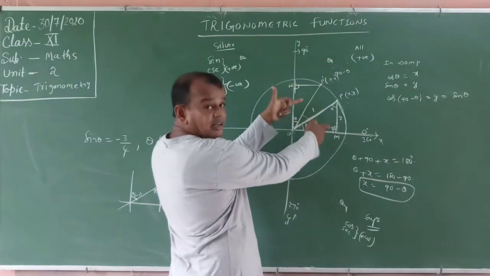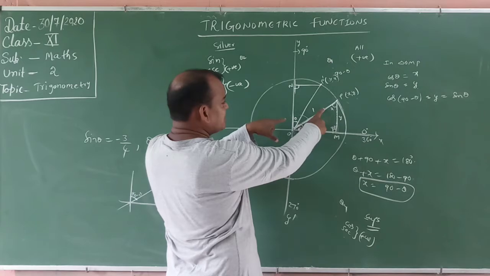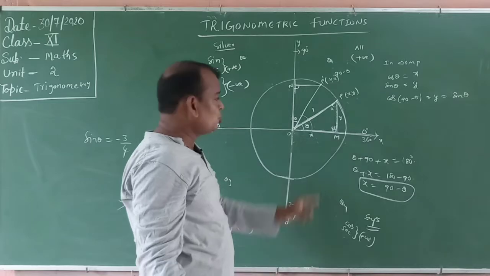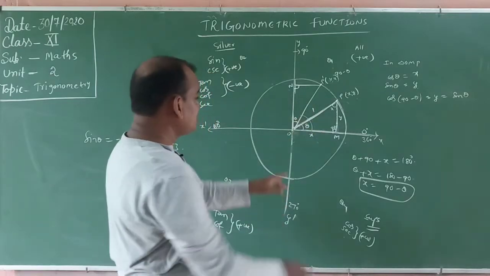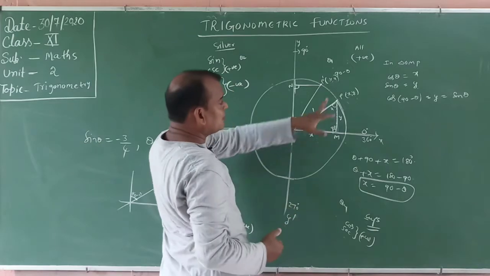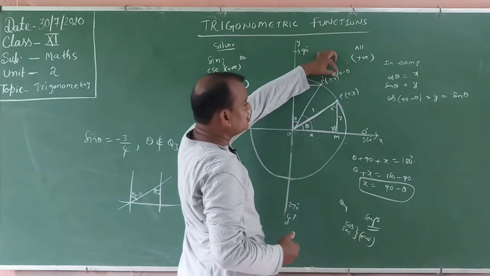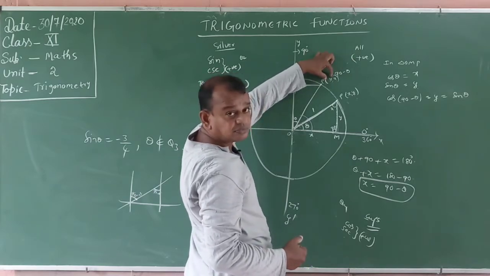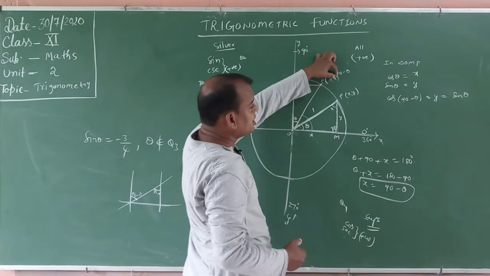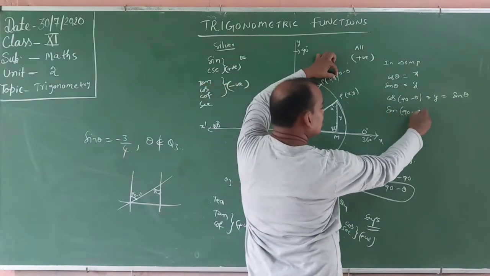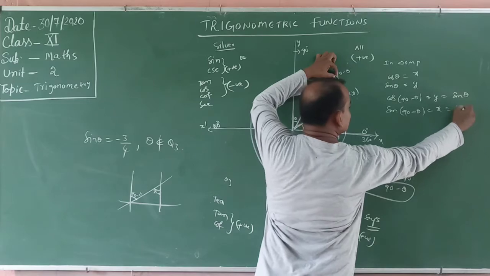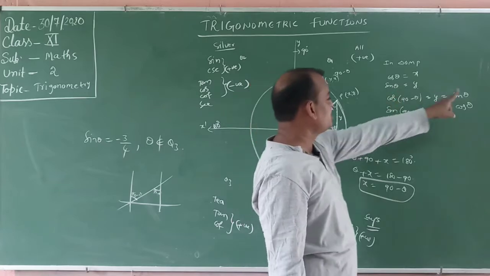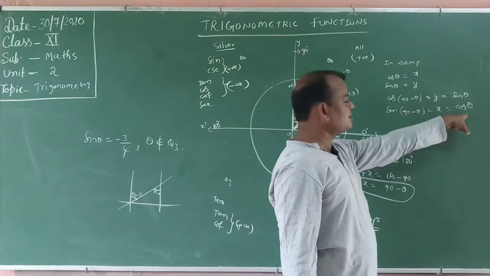These two must be congruent triangles. Why? Because this is the radius, this is the radius, and this is the base, here the base. Those two triangles are congruent, 100%. This angle is 90 minus theta. Now apply the angle. This is the cos theta value, this is the sin theta value. Now this is y: cos of 90 minus theta equals y. Sin of 90 minus theta equals x, and x means cos. Observe that: for 90 minus theta, cos will be changed into sin, and sin will be changed into cos.